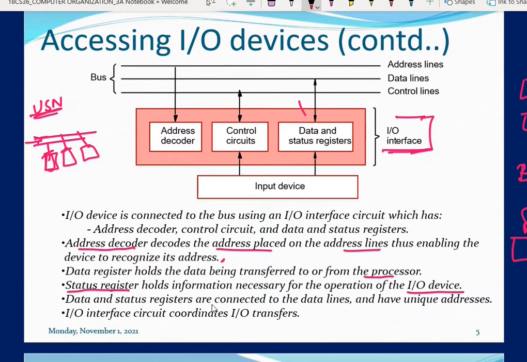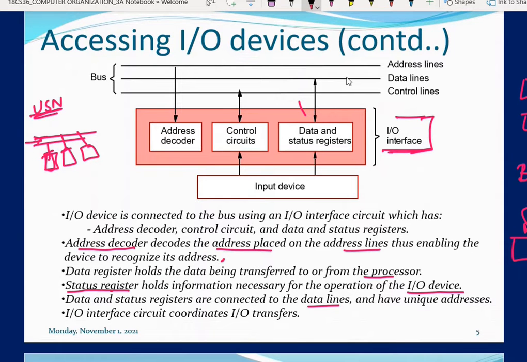Then the data and status registers are connected to the data line. Now what are the things connected? You just observe. This particular address decoder is connected to the address line. When you are drawing the diagram, you should observe this. The address decoder should be connected to the address line. Then the data and status registers are connected to the data line.